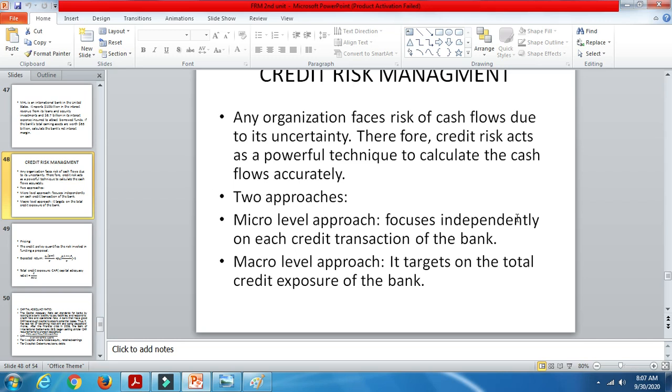So that management also has to be done, because when they deal with different sorts of people, they give loans, they do work on behalf of the customers also, they provide all sorts of services. So under ALM, asset liability management, another technique is being used for managing the default risk on the part of the parties, that is nothing but credit risk management.